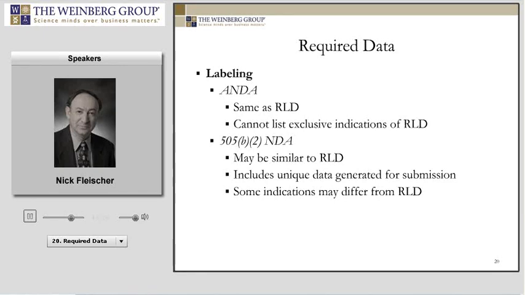For a 505(b)(2) NDA, it may be similar to the reference drug here, it's really listed drug that is the appropriate term, but it can be similar, but there are differences that would be based on how different the 505(b)(2) NDA would be from the listed drug. And I said some of the indications may be totally different from the listed drug, but then again, that would be based on the clinical trials that would be conducted to support that 505(b)(2) NDA.